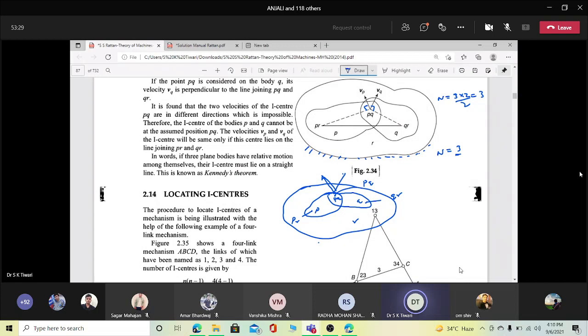अब आइडेंटिफाई करने के बाद मुझे प्रॉब्लम क्या आ रही है कि जब मैं पॉइंट P को इस पे देखता हूं तो इसकी डायरेक्शन ऑफ वेलोसिटी ये है, और Q को जब देखता हूं तो Q की डायरेक्शन ऑफ वेलोसिटी ये है। So do you think that a particular point at any instant can have 2 different directions of velocities? No, sir. नहीं हो सकता ना? नेवर।